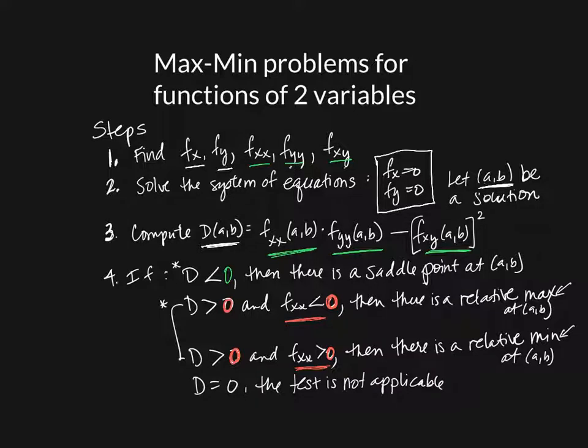And if that is negative, so kind of think of second derivative, negative means concave down, and that means I have a maximum. And if the second partial with respect to x is positive, then think concave up, and then we have a relative minimum. And if we end up with 0 as our output, then it turns out that this test is not applicable for the function that we have. Pretty much that's not going to be the case in the problems that we have, but it is a possibility.